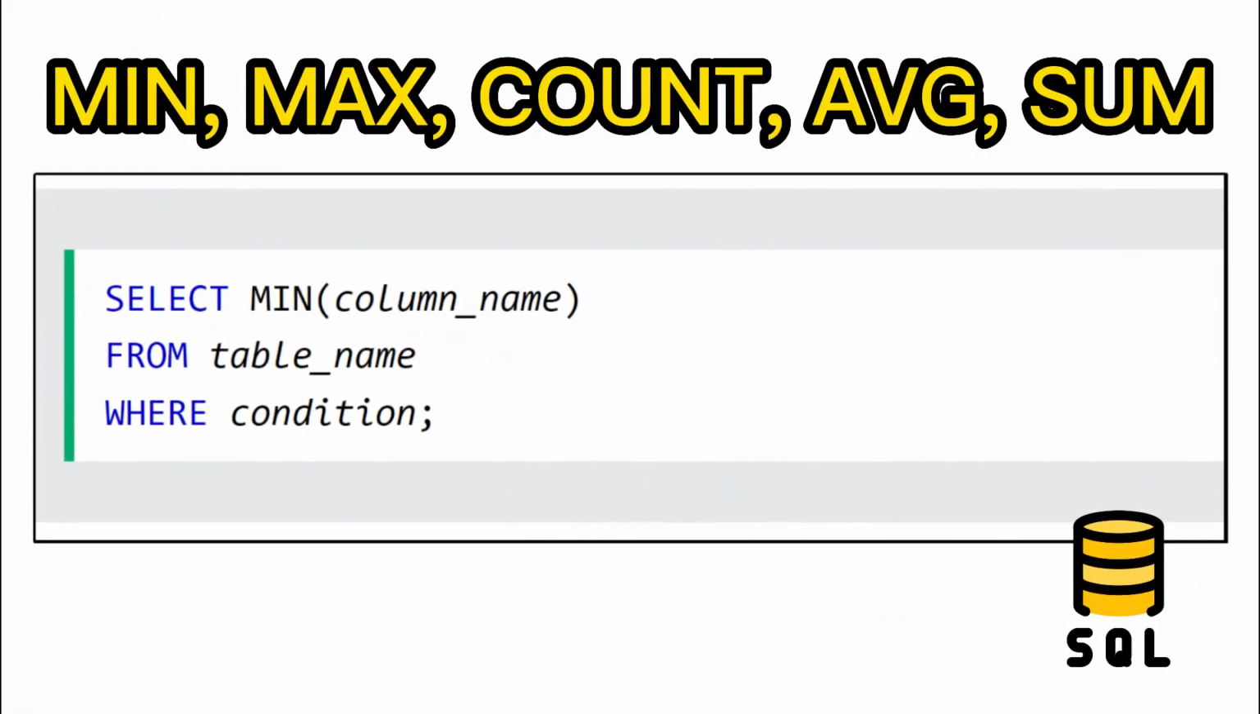Hello everyone, in this section we will learn the max, min, count, average and some functions that are frequently used